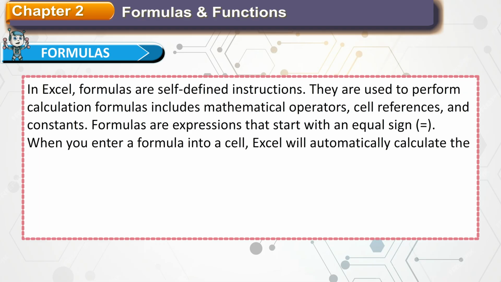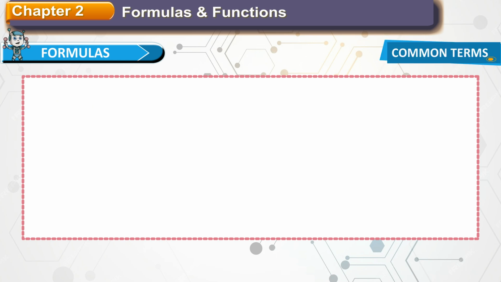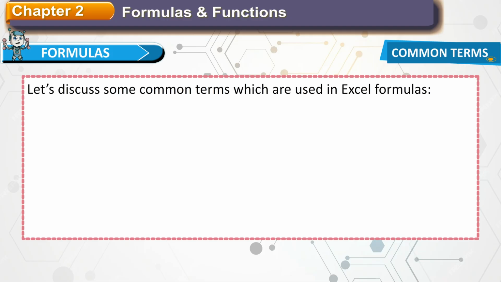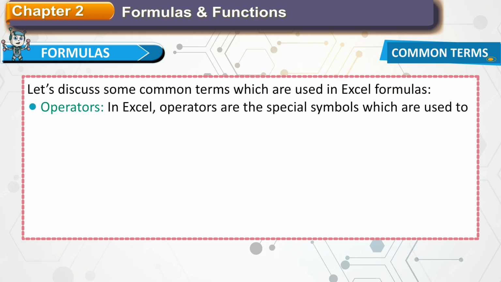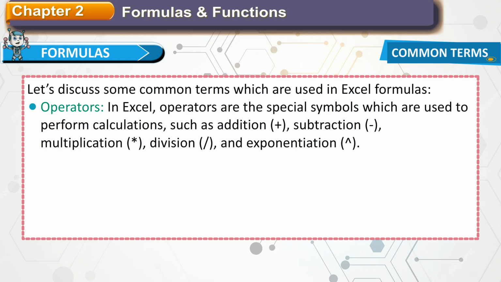When you enter a formula into a cell, Excel will automatically calculate the result based on the values and references provided in the formula. Common terms. Let's discuss some common terms which are used in Excel formulas. Operators. In Excel, operators are the special symbols which are used to perform calculations such as addition, subtraction, multiplication, division,